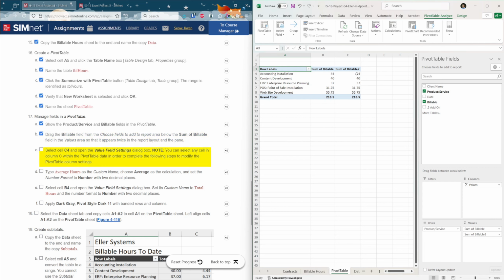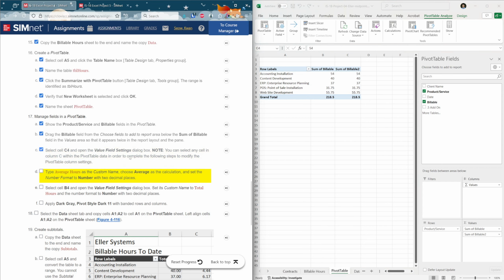Select cell C4 or anywhere in here. It's kind of wordy, but it just says you can select anywhere in C4. Type in average hours as the custom name and choose average as the calculation. So what that means is, I believe it's for the second one. So for the second one, we want to go ahead and